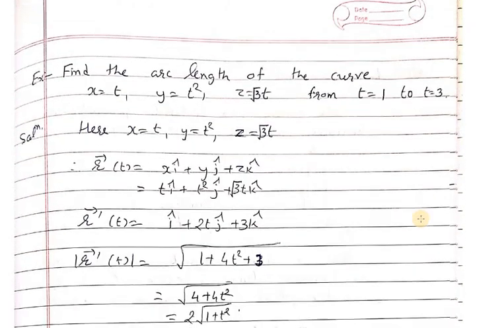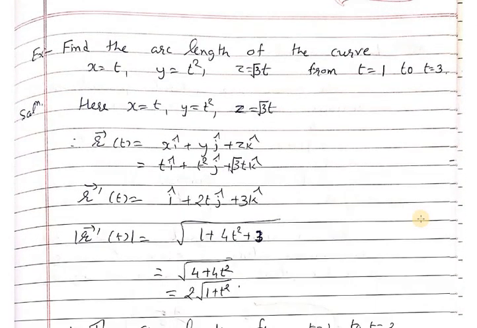In the same manner, we are going to check the third example. Find the arc length of the curve x = t, y = t square, z = root 3 t from t = 1 to t = 3. Here x = t, y = t square, and z = root 3 t. So r bar is equal to